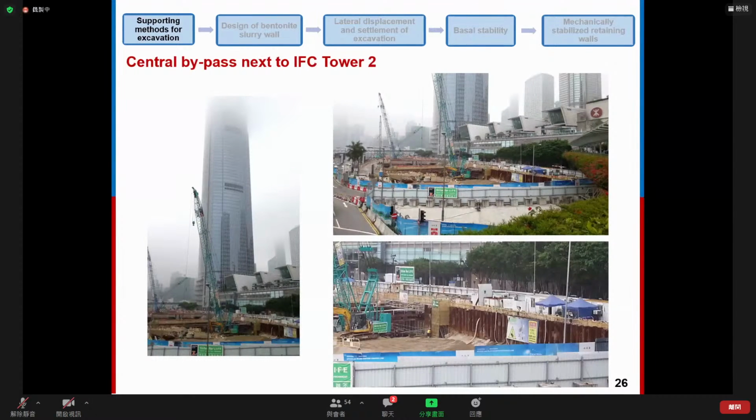And here are some photos of the central bypass next to the IFC Tower 2. As you can see,